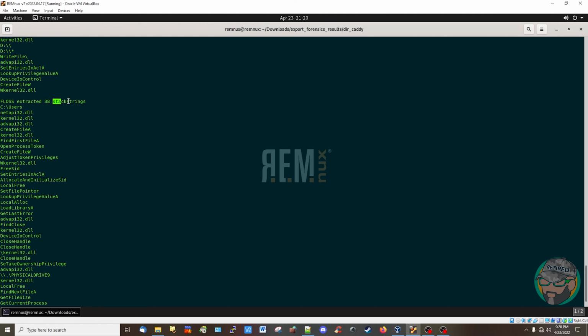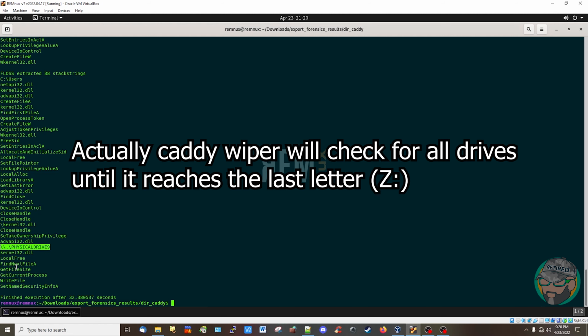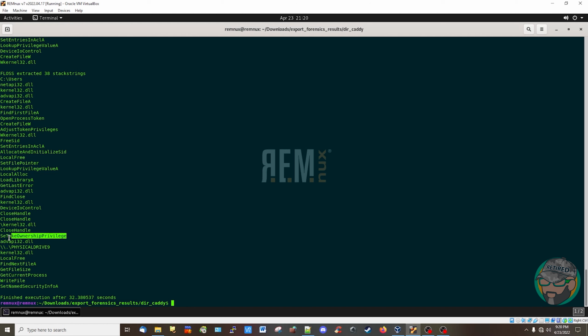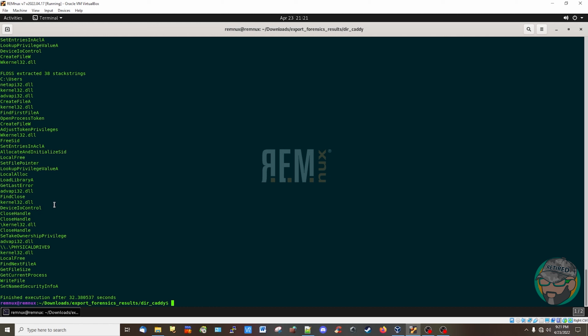As you can see, stack strings, these were hidden. None of this information shows up if you use strings or if you use PE strings. It's obfuscated, but floss will find it. What's good here? There's a networking physical drive. It takes ownership privileges. So the way that APIs are called, which are these, it creates a specific